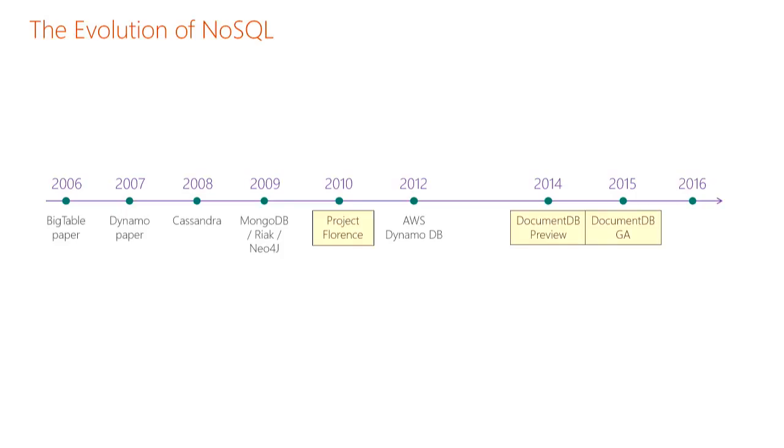In 2012, we saw AWS also release a similar NoSQL database in this space called DynamoDB. And we previewed DocumentDB in 2014 and GA'd it in 2015. Some of the benefits that we got coming a little bit later into the market is we got the benefit of hindsight. We learned all of the pains of how you develop applications in the face of, well, what do you do about transactions? What do you do about queryability? What do you do about consistency? And we used this to basically build a much, much better NoSQL database.